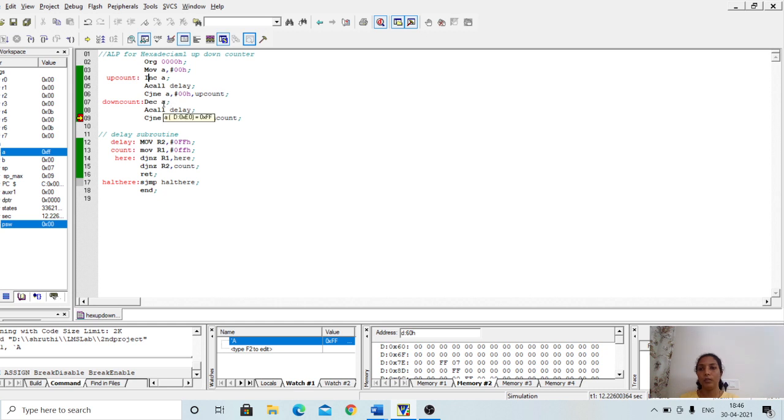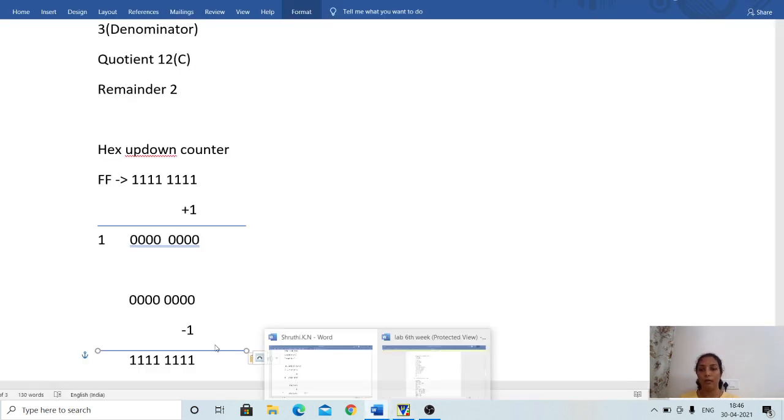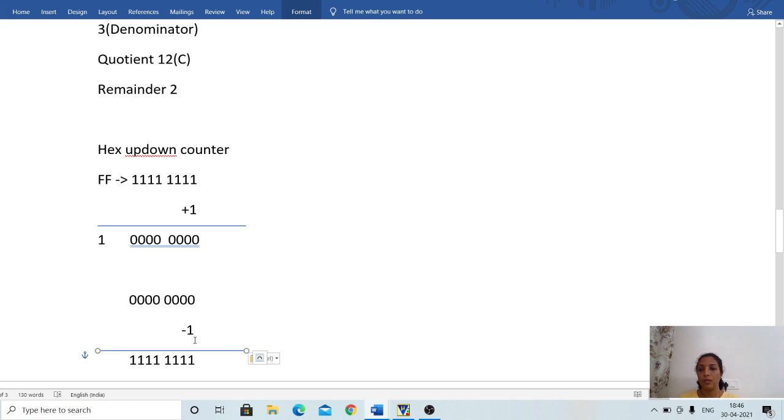Now when you start decrementing the value 0, if you decrement 0 by 1, what happens, let us see. So this is 0, you are subtracting 1 from 0. See what happens here: you have to take a borrow from this digit, since it is 0 and you can't subtract 1 from it.